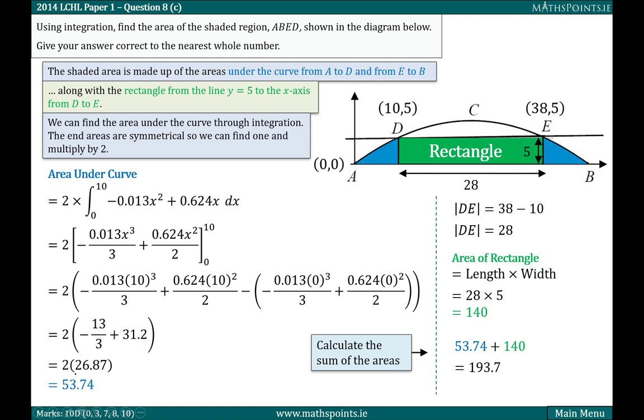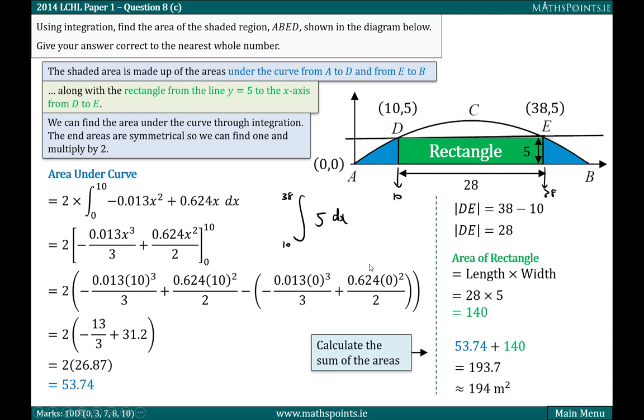So a little bit of integration. Integration is the only real way that we have of accurately finding the area between a curve and the x-axis. And then obviously the rectangle in the middle was just simple. We could have, if we wanted to, integrated the line y equals 5. So we could have integrated 5 dx from x equals 10 to 38, and we'd have also got 140, but it just looked simpler to find the area